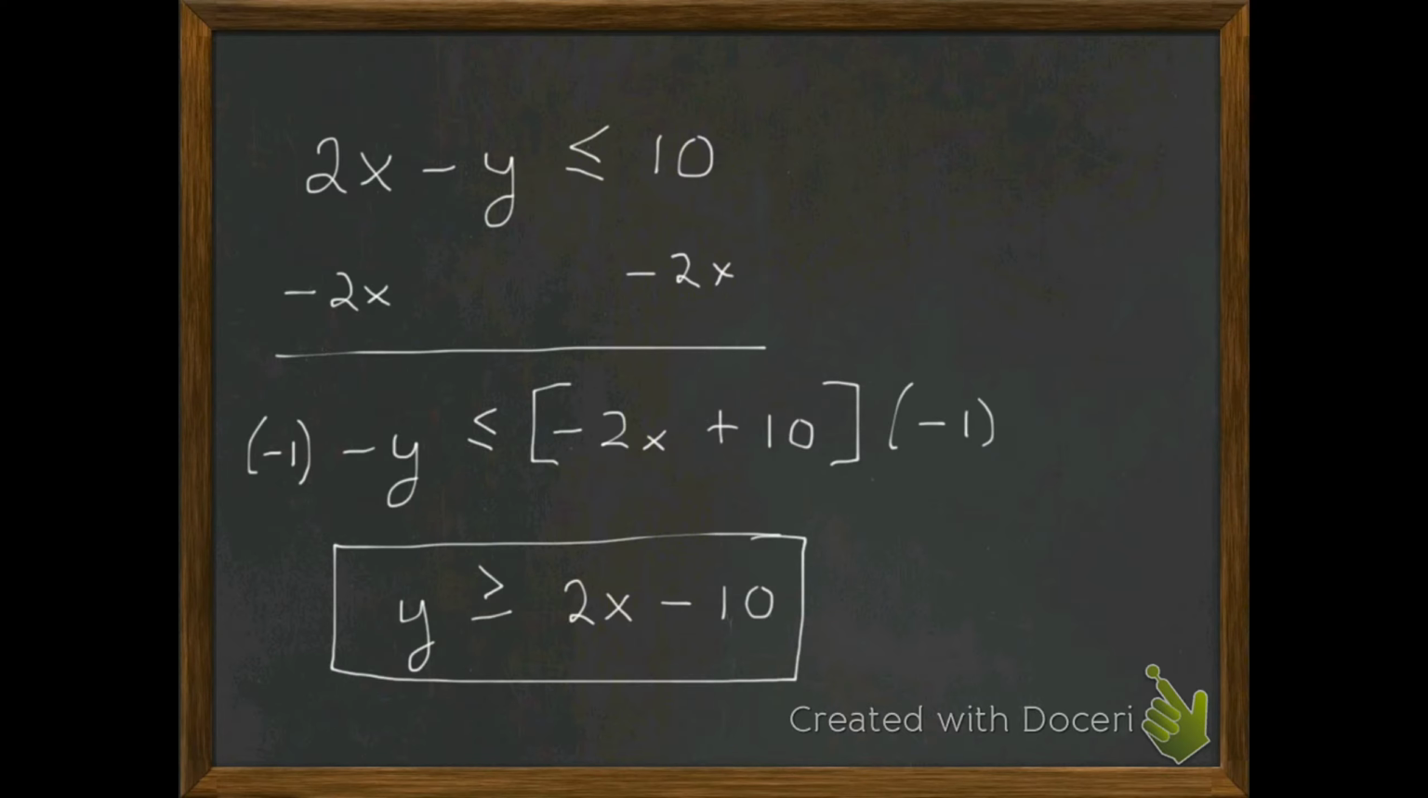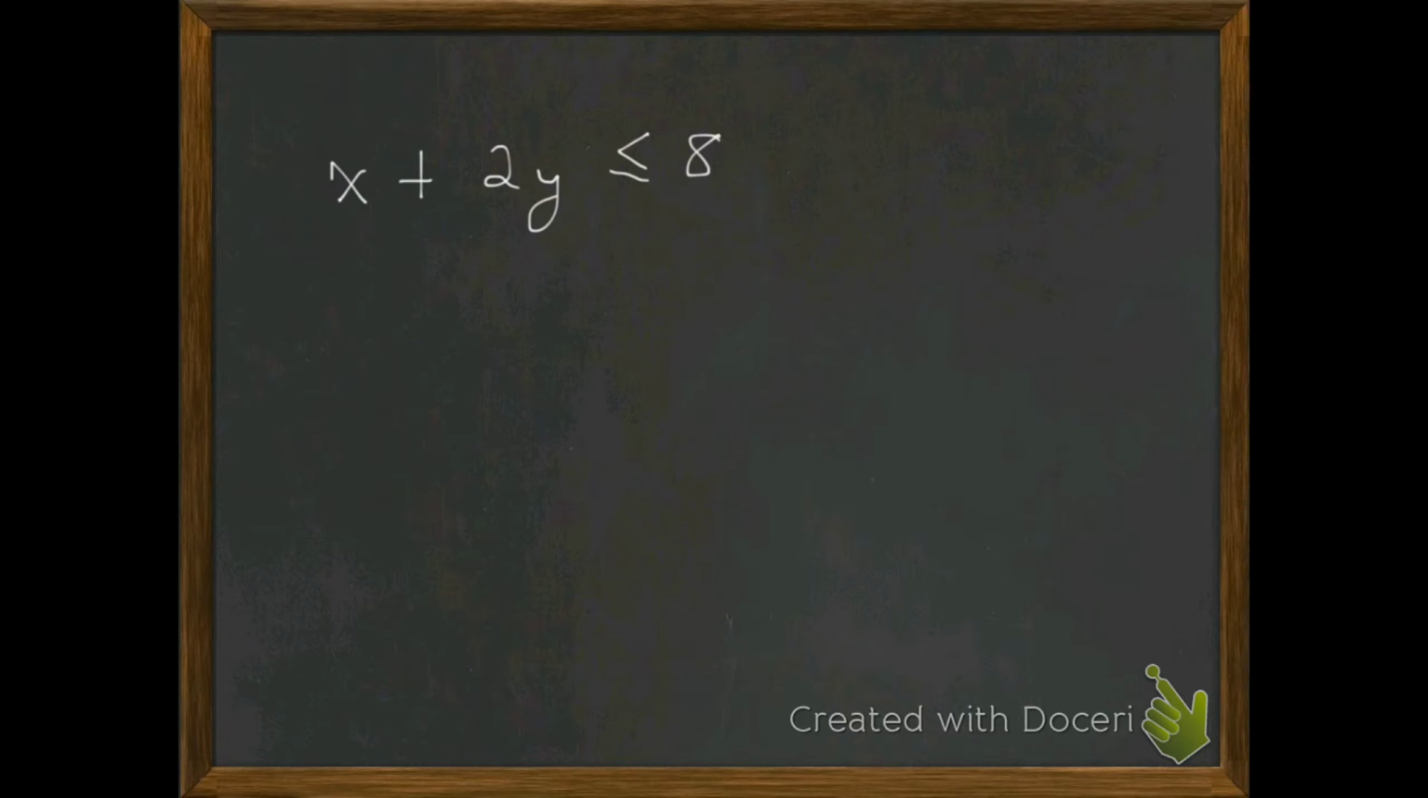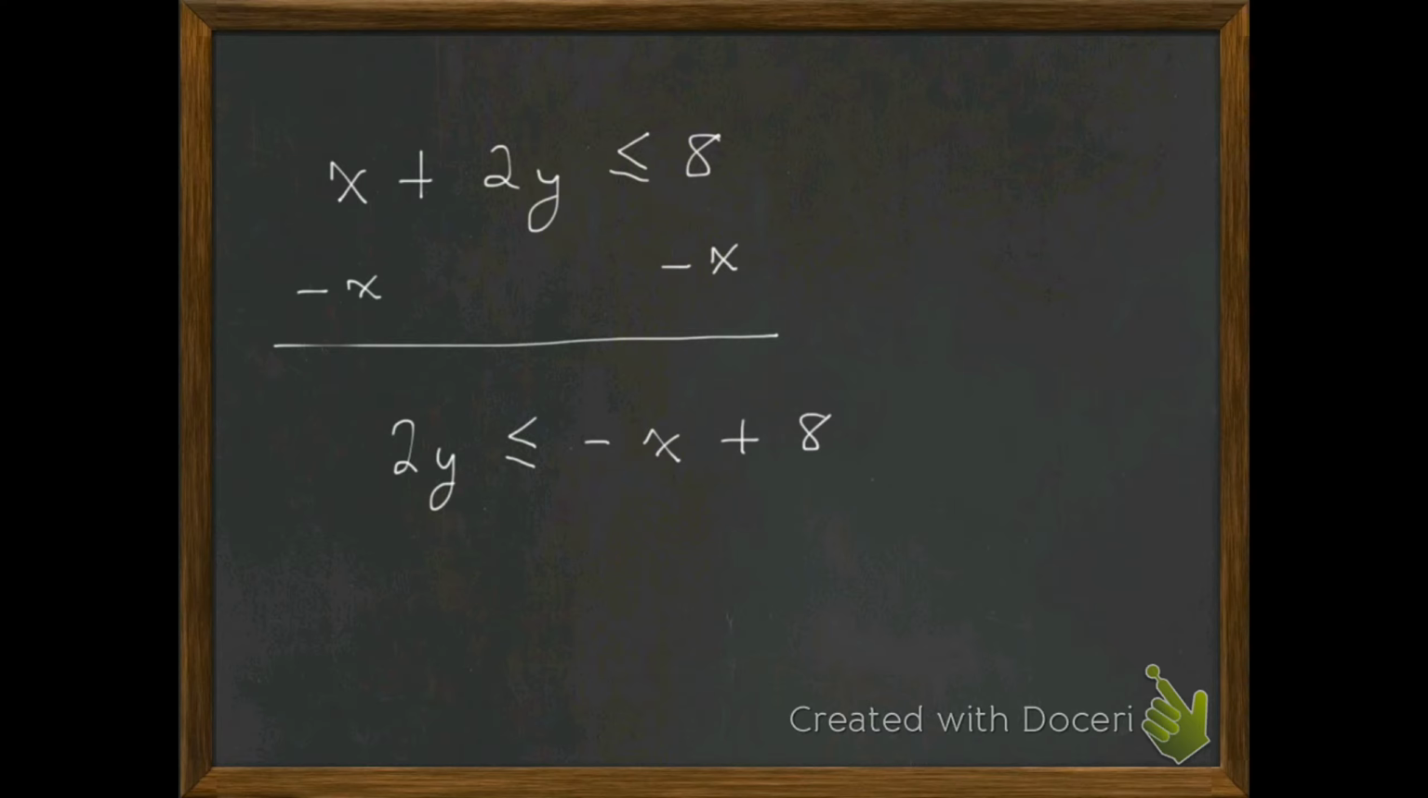Okay, now the next one that we have is x plus 2y less than or equal to 8. So I'd want to subtract x from both sides. So this is going to give me 2y less than or equal to negative x plus 8. Need to divide every term by 2, which is ultimately going to give me y less than or equal. And guys, we don't have to change the sign here because